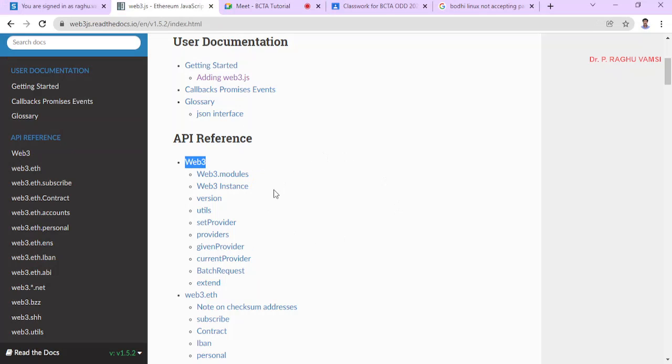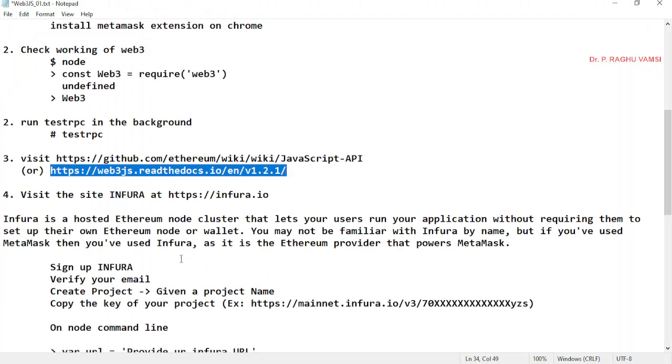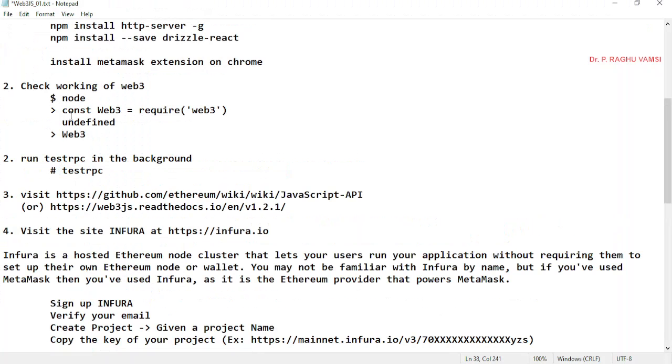Here is the Web3.js documentation with the API references. Capital W Web3 means the instance that we have got out of this instantiation, const Web3 = require of web3.